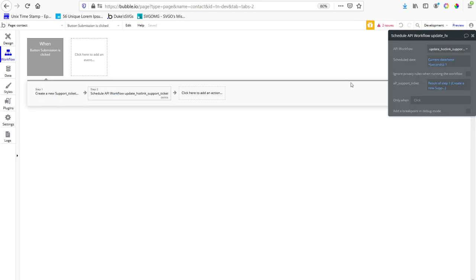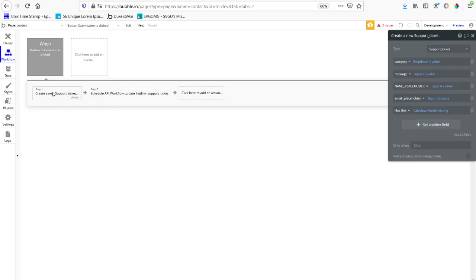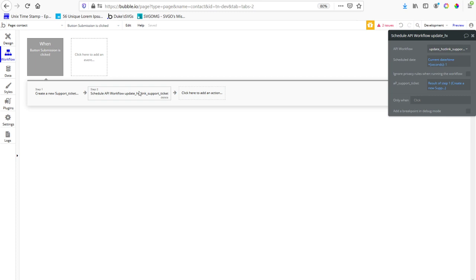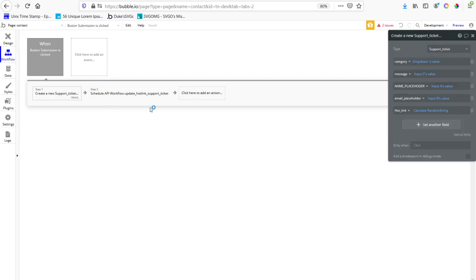Now, something to note is when you say result of step 1, Bubble will absolutely wait until this flow is done running to start this flow right here, because Bubble tries to run all of these in parallel as much as possible, and sometimes that gets buggy. And we can't run this in parallel because we can't run the updated link with no support ticket if this guy here